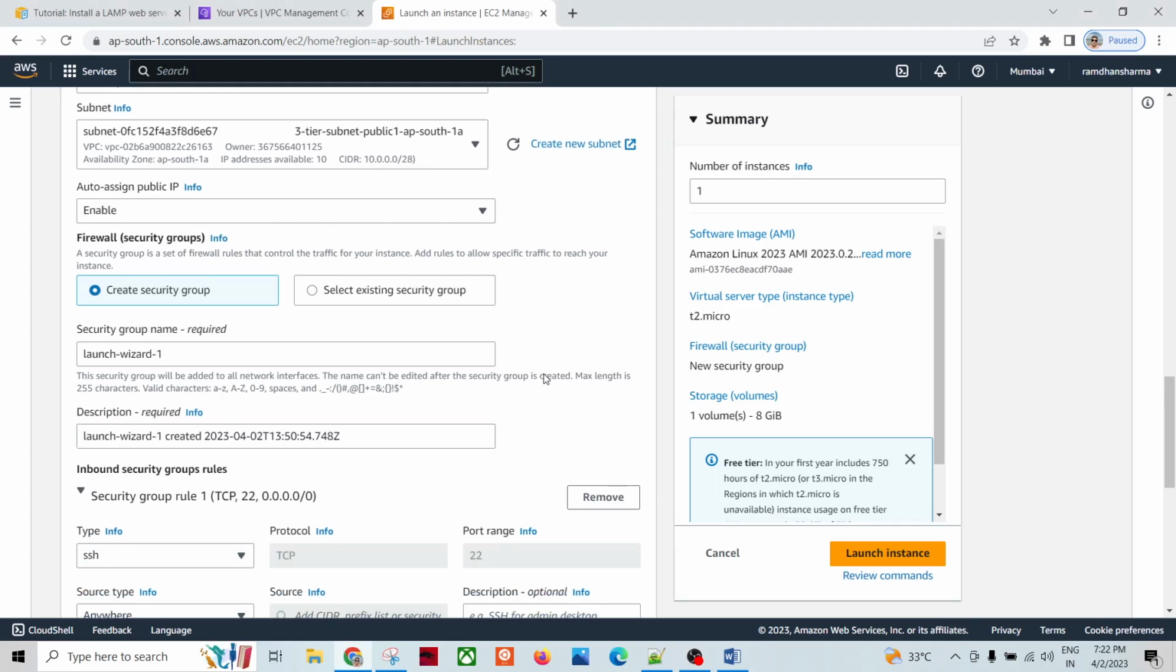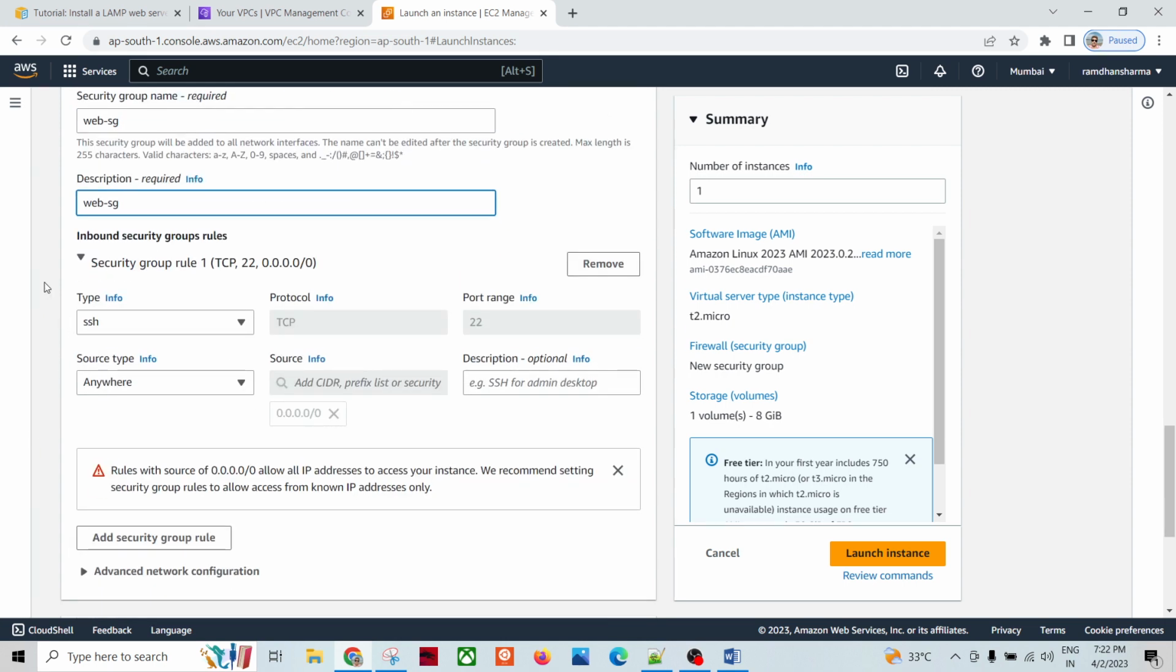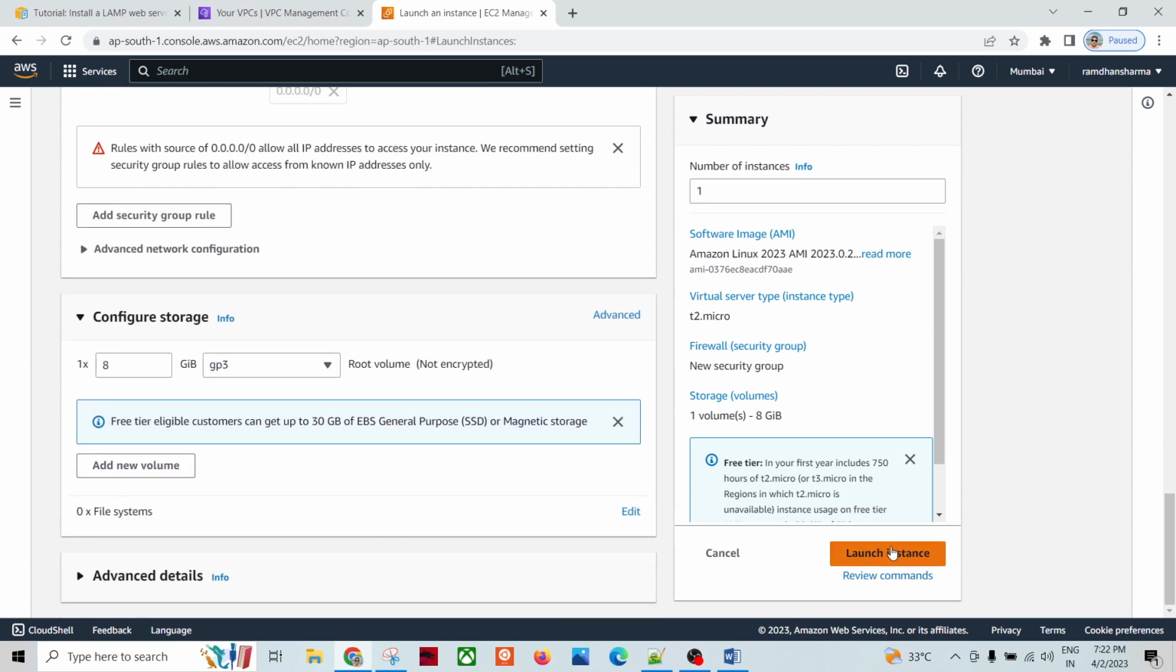Okay. And then it is asking for the firewall, basically the security group, for firewall settings. So create security group. Yes, we need a security group. I'm giving the name web sg, and the description also, let's say web sg. I'm not going to modify the inbound security group rule. This is SSH, okay, from anywhere. This is already the inbound rule, so I'm not going to modify anything else over here. So I'm going to launch it,